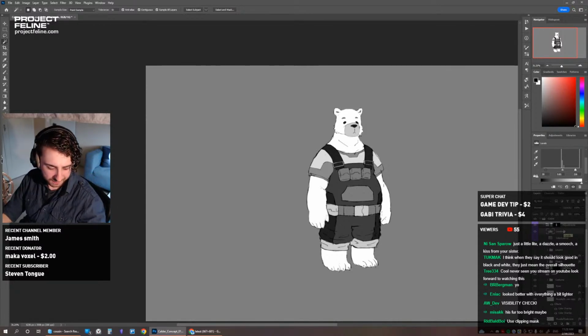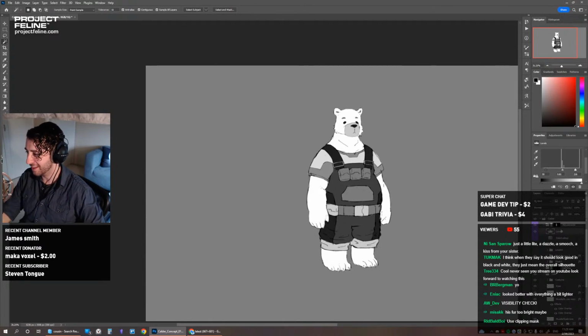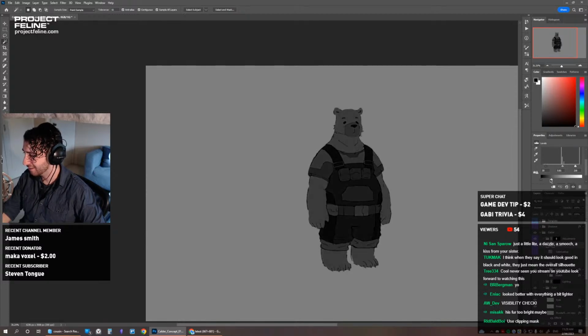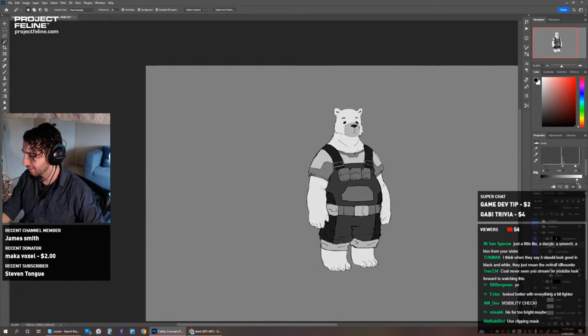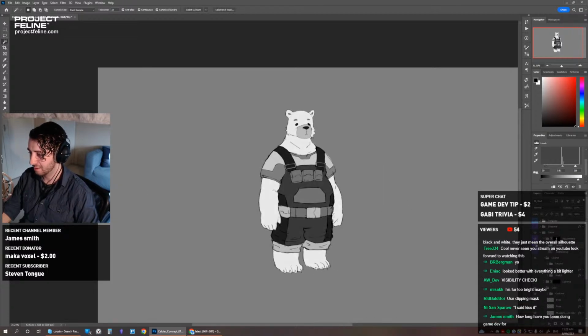Fur too bright? Maybe. I mean, he's got white fur, so I'm not sure about that. I don't know what we can really do about that, unless I do this. Yeah, I'll lower it a bit. I guess it's just adding more contrast, really.